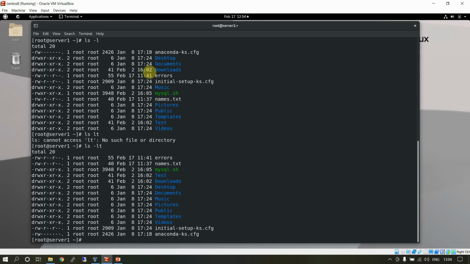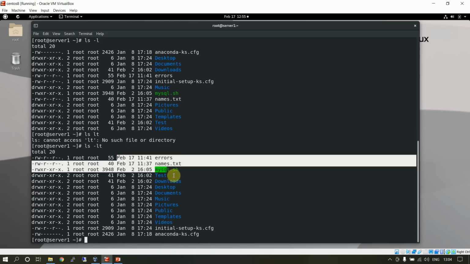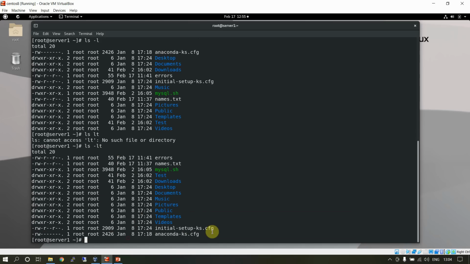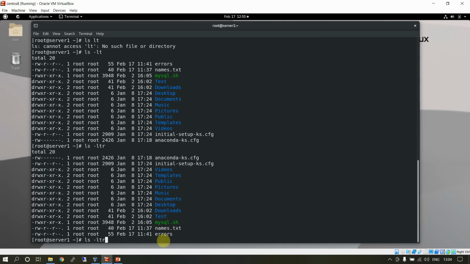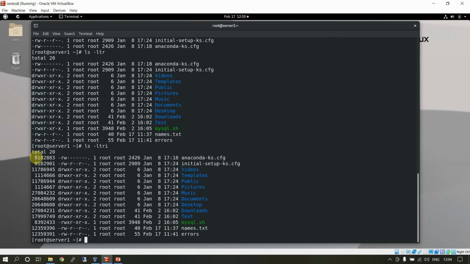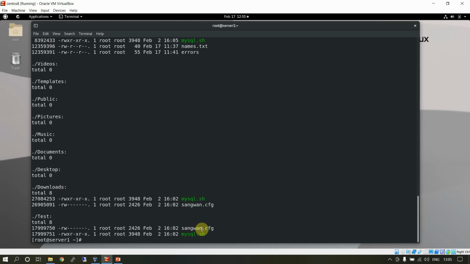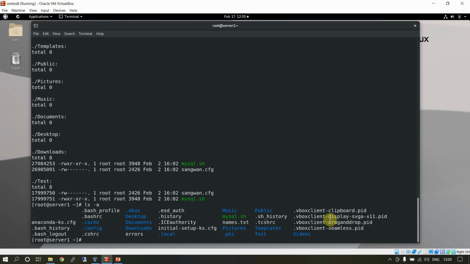I missed the hyphen. So ls -lt will show the files sorted by time, Feb 17, and you see that. Similarly, ls -ltr shows the reverse order, and you see the file errors comes last. Similarly, I will show the inode number of the file. This is the inode number of the file. Similarly, if you say -R, it will show you the files recursively, the files within directories and subdirectories as well. It will show all the files and subdirectories. So this way you continue walking through and you see the options. -a will show the hidden files as well, the files that start with a dot.